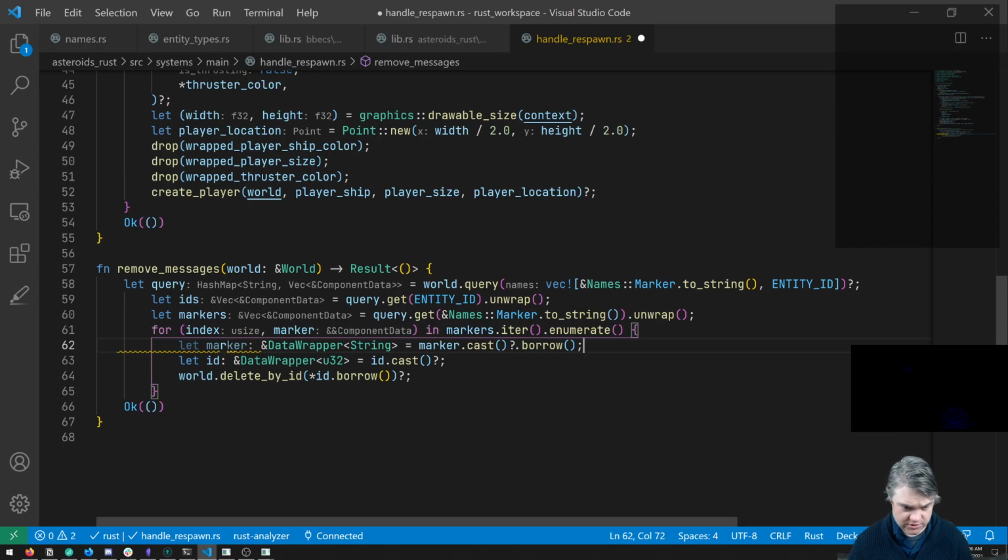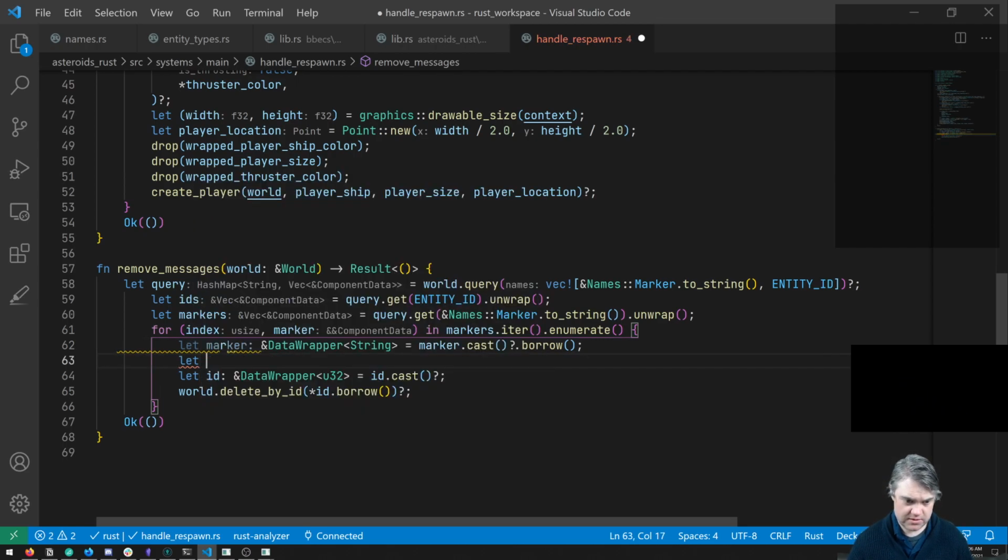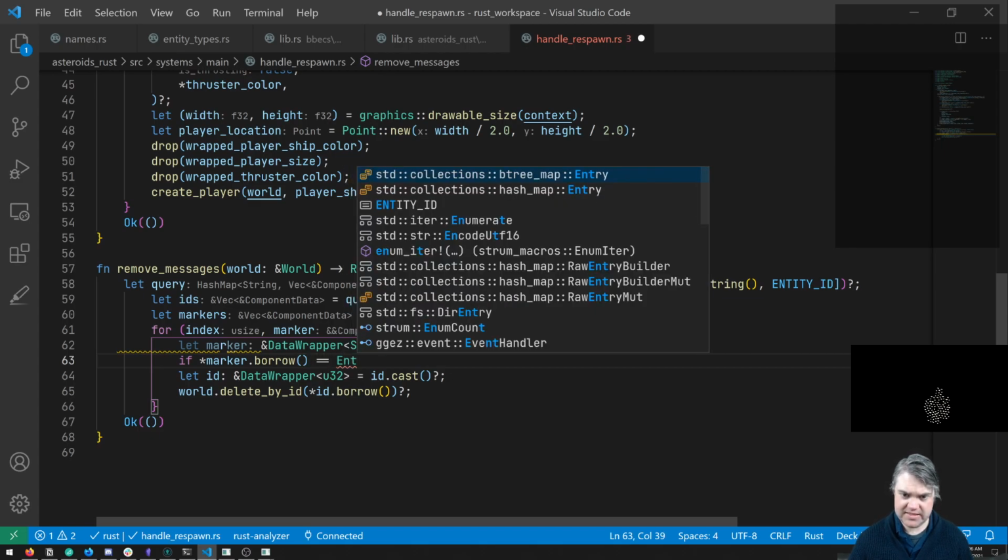I don't need to own you. I don't need to mutate you. Just borrow you. Okay, so then we've cast. Oh, we can't borrow it yet. We can just cast it. That's all. Okay, so we can borrow it and check it. So if the dereferenced marker.borrow, if you're equal to entity,